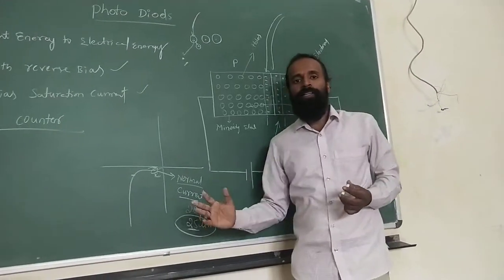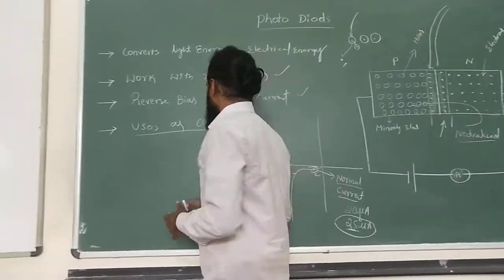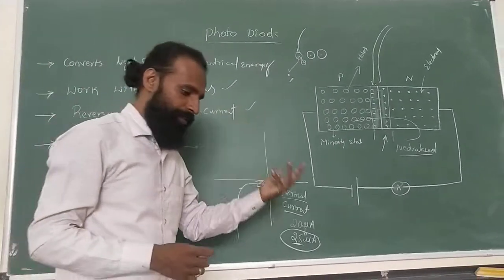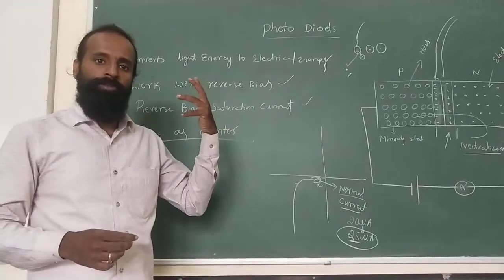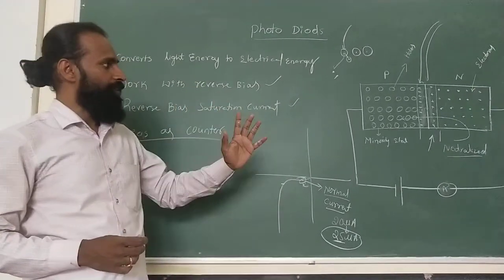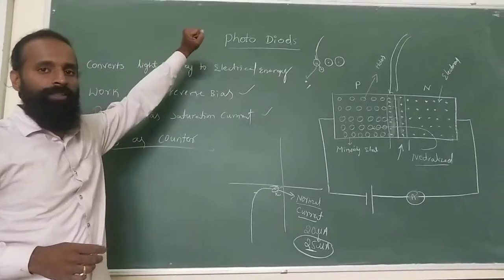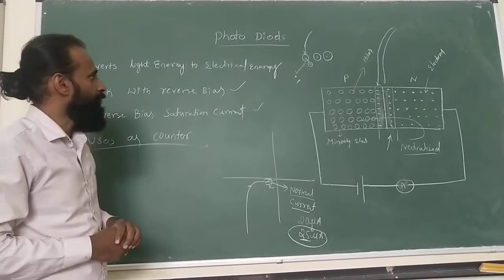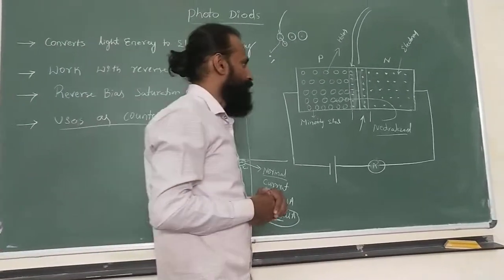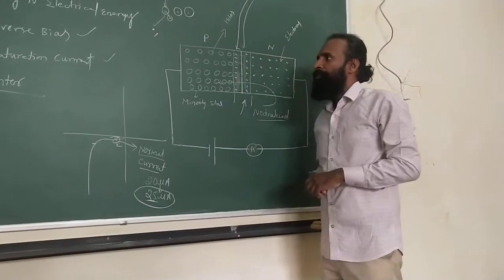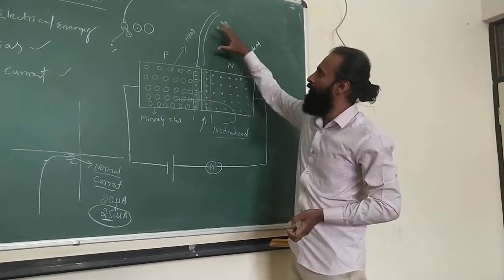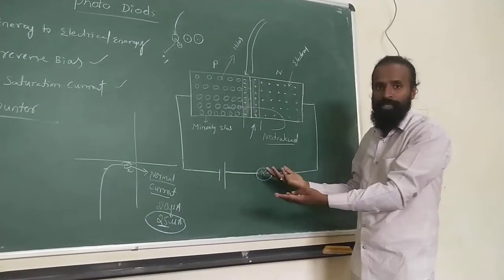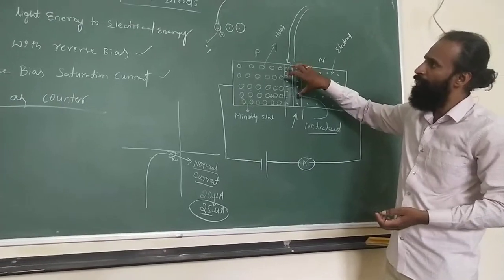Similarly, you have plenty of applications. This photodiode is used in accelerometers, in the automobile industry, and in some automated industrial cases. These are the functions of the diode in counting operations. In this video you should concentrate on how the incident light falls on that region and how it increases the charge carriers. That concept is very important.